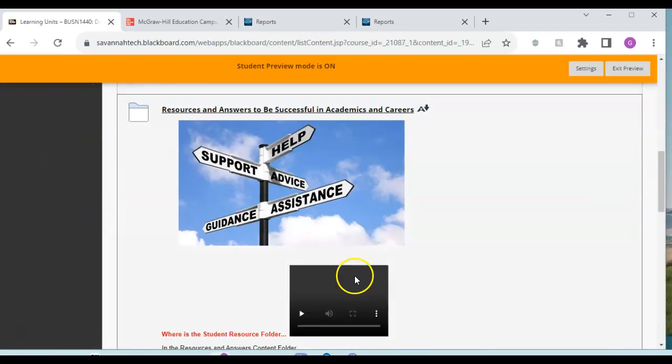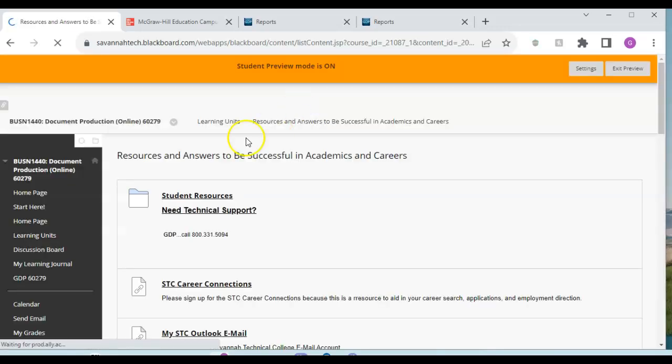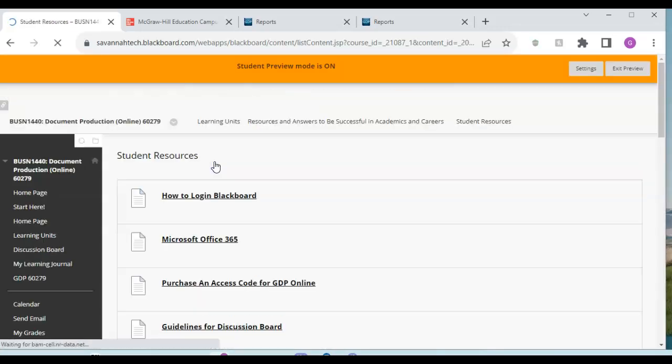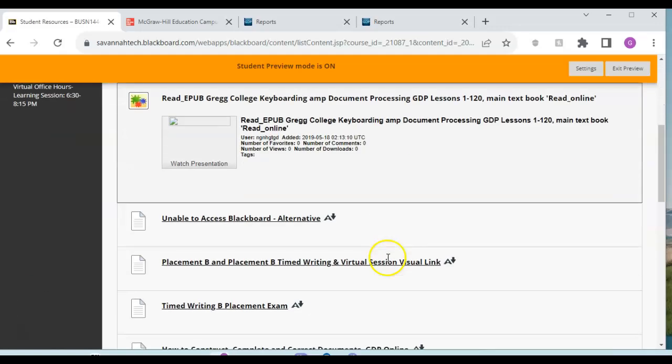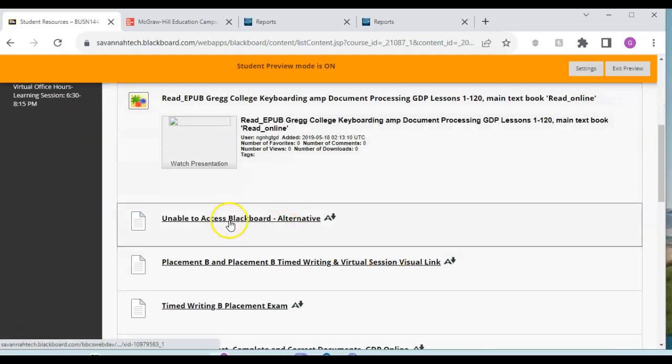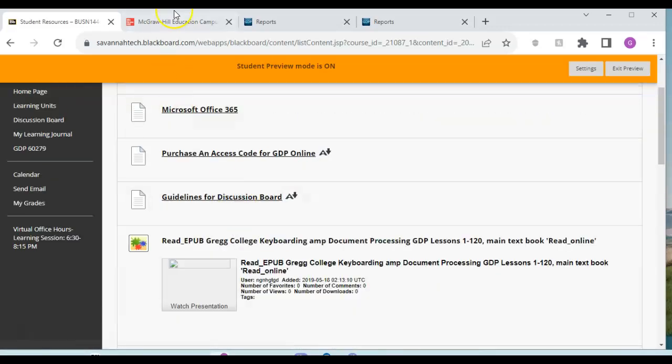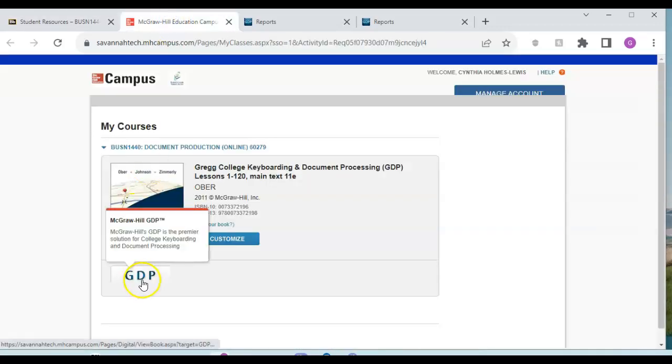And here is my student resources to be successful. And this is my student resources. And if you're unable to get on Blackboard, here is this link that you will click on and download, and then you will find the actual website that you need to go into. So as I go back to GDP Online,